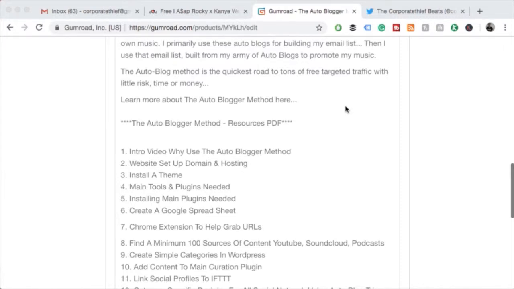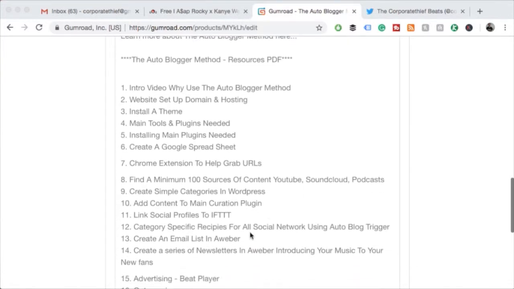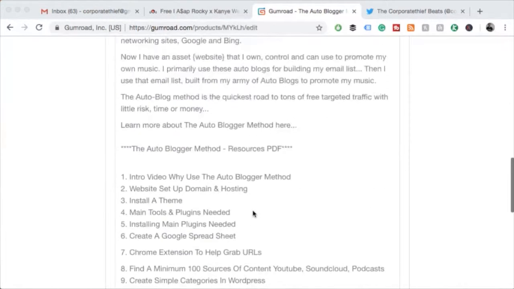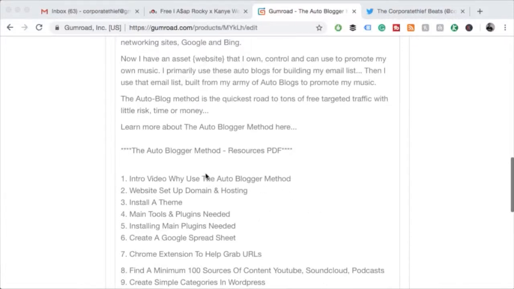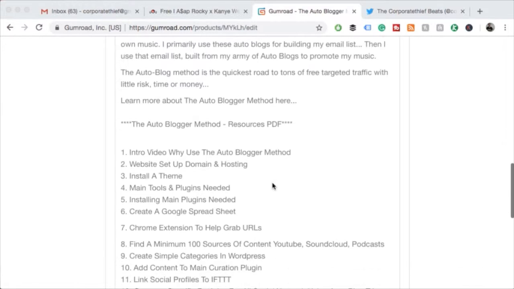So download the PDF and it will take you through every single piece of this. It will take you through where you get your website and your hosting, where you get your theme, and all the tools that are used throughout. It's not a huge PDF. It's just like a battle plan that you use with this course.